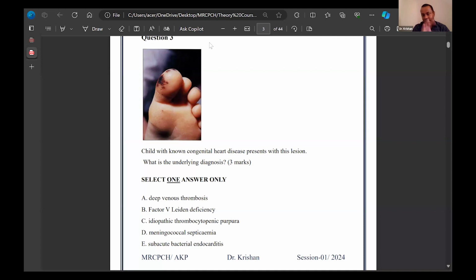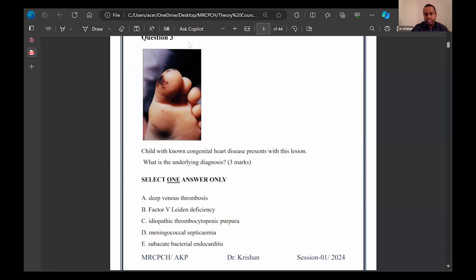What do we think is the lesion? You see on the toe some discoloration, a discolored area. These are known as Janeway lesions. You see Janeway lesions in infective endocarditis. Janeway lesions could occur in fingers or toes. This is the classic appearance of Janeway lesions. Therefore, we need to know the diagnosis as